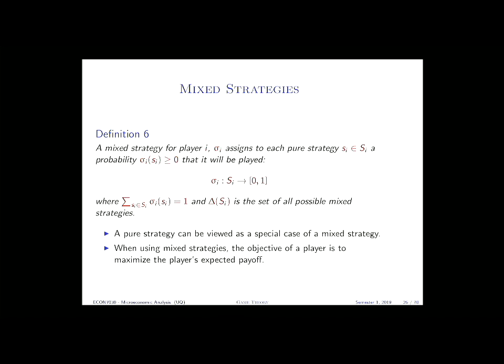Now, after this brief explanation, here's the definition we use. A mixed strategy for player i, sigma i, assigns to each pure strategy s_i a probability. Okay? So the half, quarter, quarter that I just showed you is a sigma. So sigma is a vector of probabilities that assigns a probability to each of the strategies of the player. In that example, there were 3 strategies, therefore